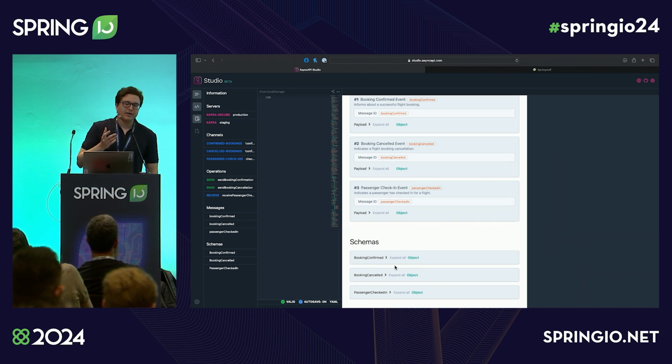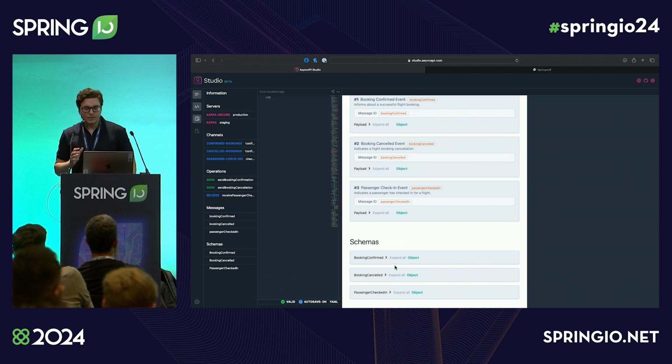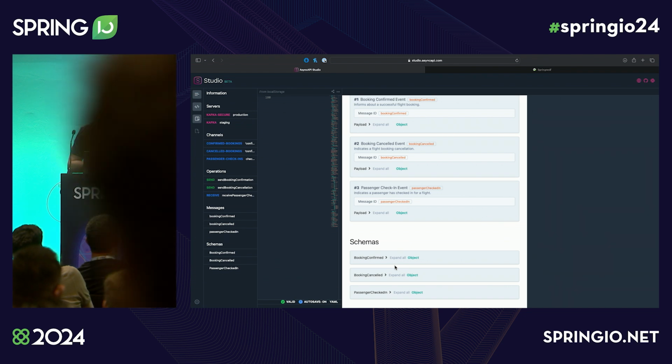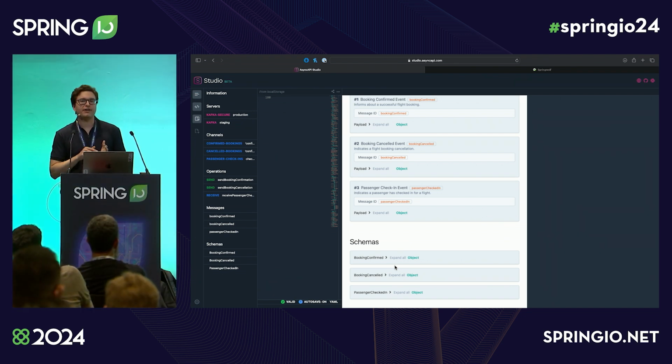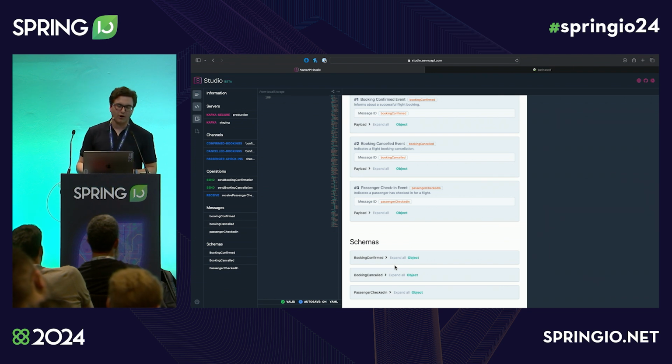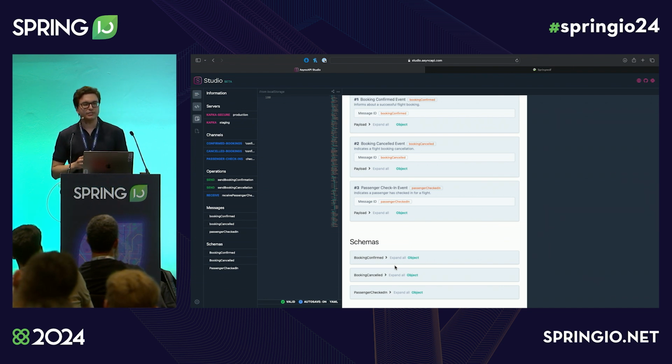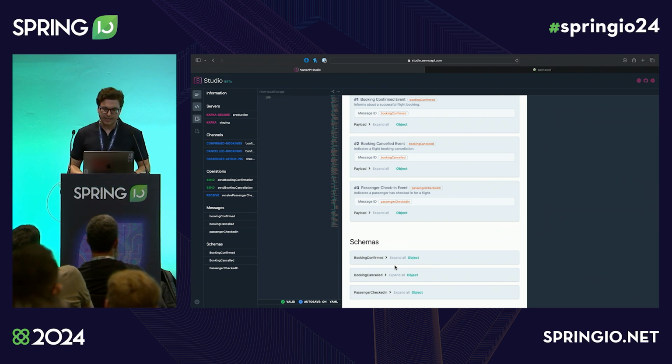All right, but AsyncAPI is not just about this specification, it's about tooling as well. So they also offer parsers and other tools that you can use to build your own applications or validators or document generators or anything else. And one of these generators is actually,